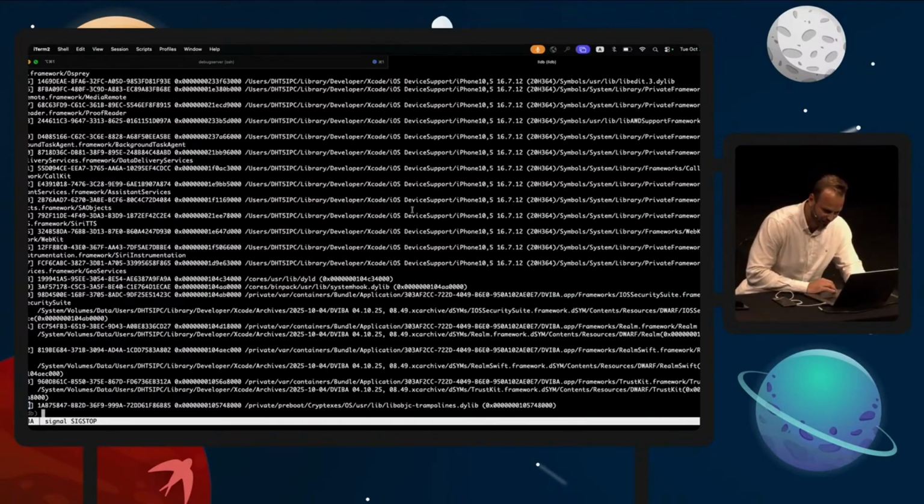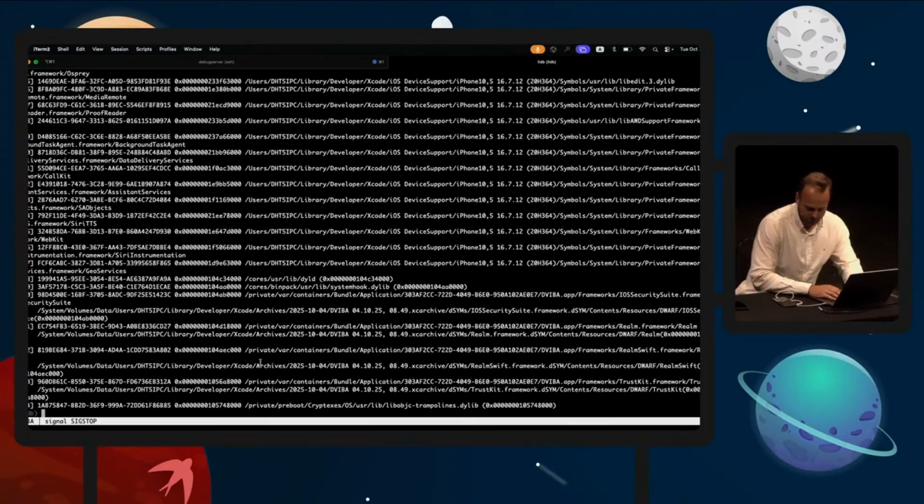Those are mostly the private libraries. If you remember the presentation from 2019 from Apple about dynamic linking, they tell you that you should use a maximum of half a dozen SDKs, while they themselves are using 544. Here we can see also the private ones. So iOS security suite is there, and so on. So this is the runtime of Dviba.